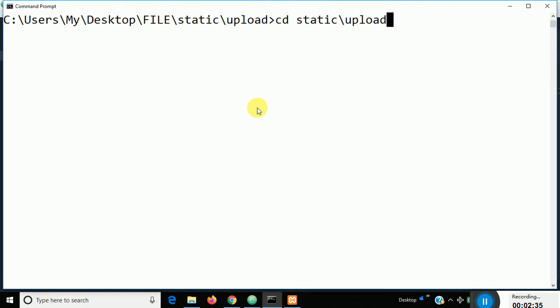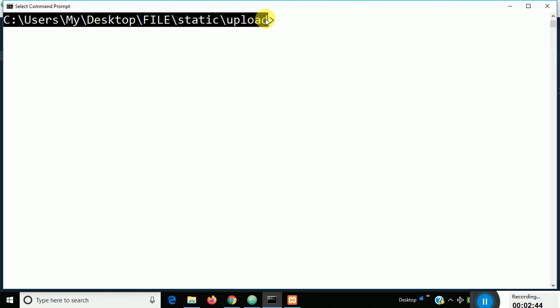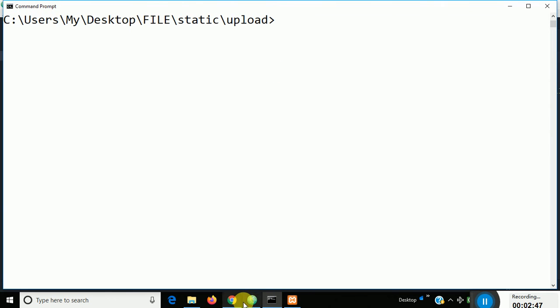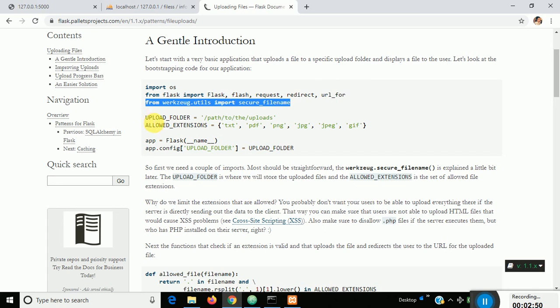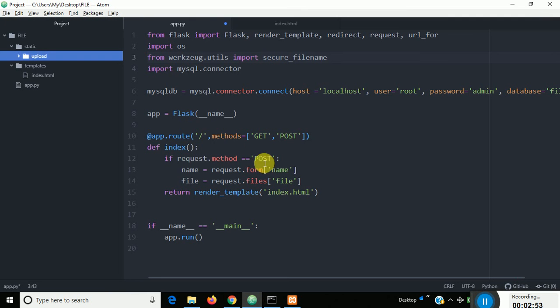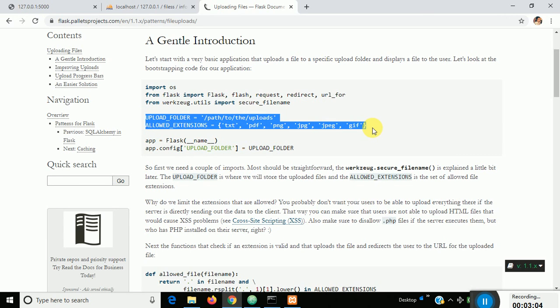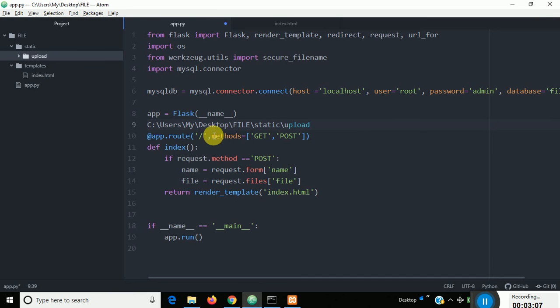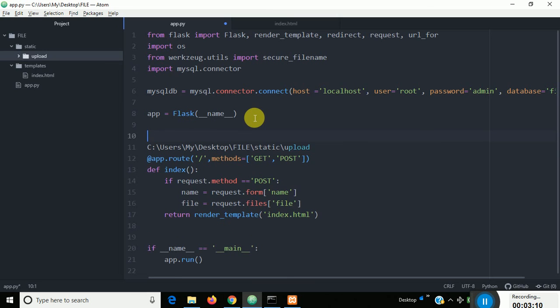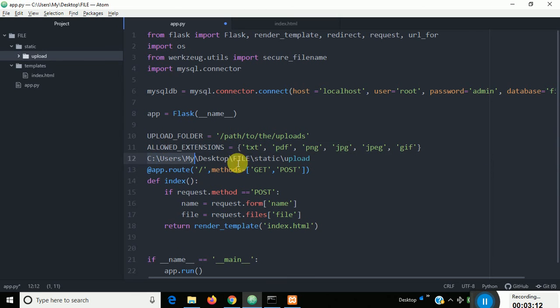This is the path, we have to copy this, press enter and go here, select, and put it here, that is the path. Copy this one, go down, paste it here, and the path which we have copied now, cut that and paste it here.